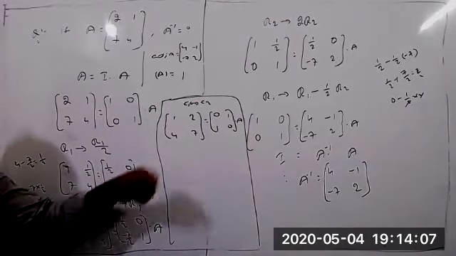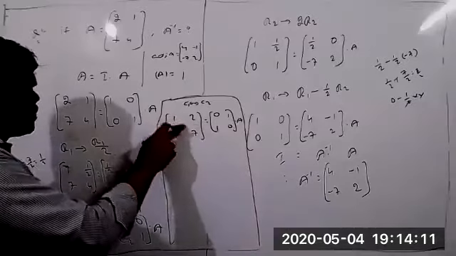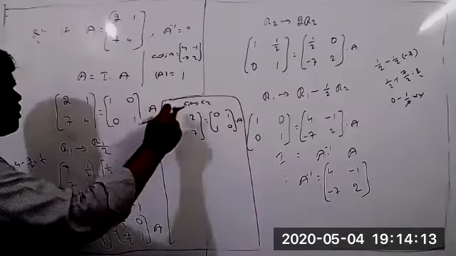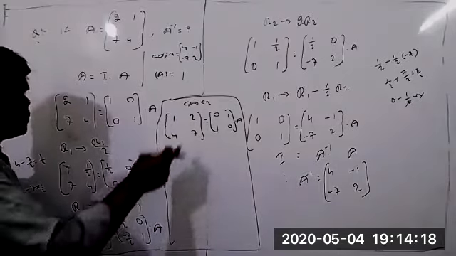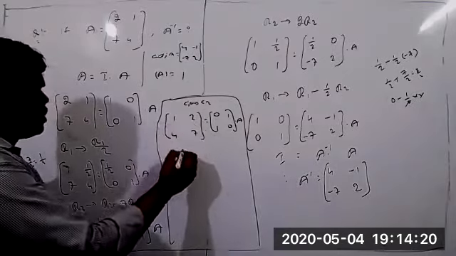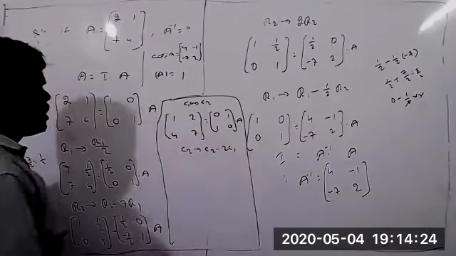Already we got one as the first element. Then immediately we have to change now. You can apply the column operation. The order will be like this: first element, second element, third element, and fourth element. So this one we have to make 0 now. So you can write C2 such that C2 minus 2 into C1.